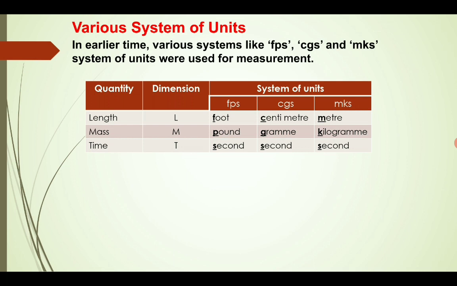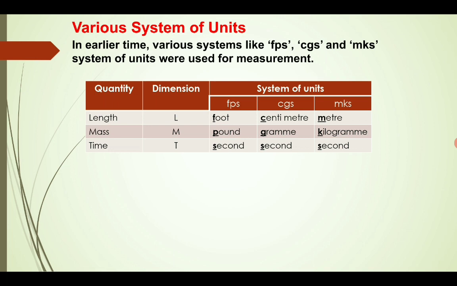So we can observe from this table that for these three systems of units we have different units for length and mass, although it is the same for time. This was creating a lot of problems, because earlier some people were using FPS, some were using CGS, and some were using MKS. So in order to get a unique and internationally accepted system,